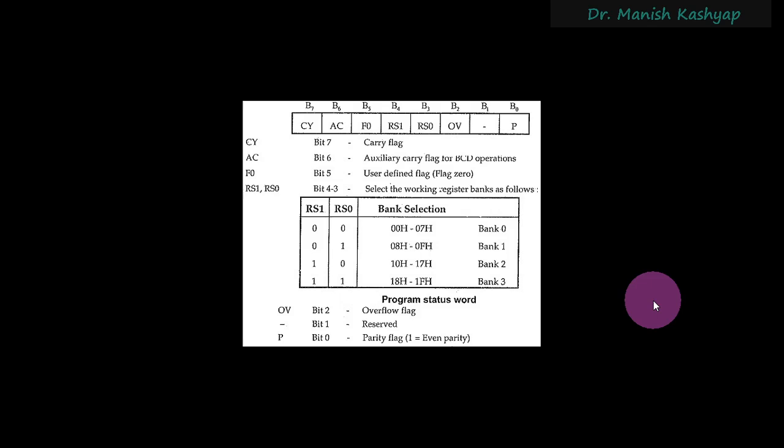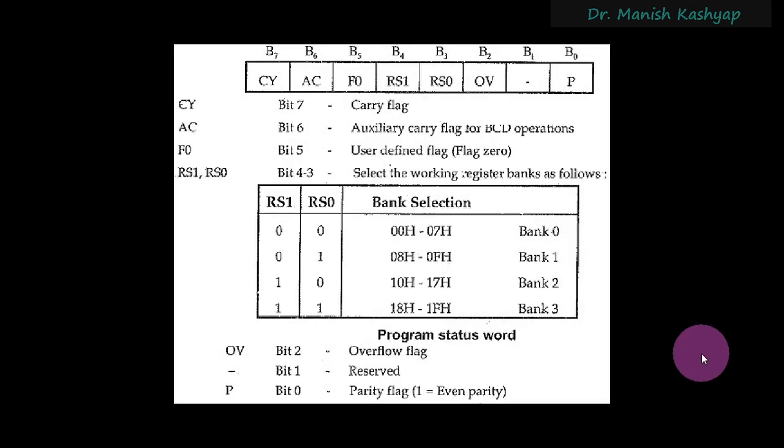So after this, let us see the program status word. This is the format of the program status word, which is fairly simple here. You have got parity, then you have got this reserved bit, which is not used for any purpose. Then you have got overflow. Then let's talk about this first. F0 is a user programmable bit, so the user can define its own flag. So F0 is used for that. AC is for auxiliary carry and CY is for carry. We are already aware of these things: carry, auxiliary carry, parity, overflow, and F0 is a user defined